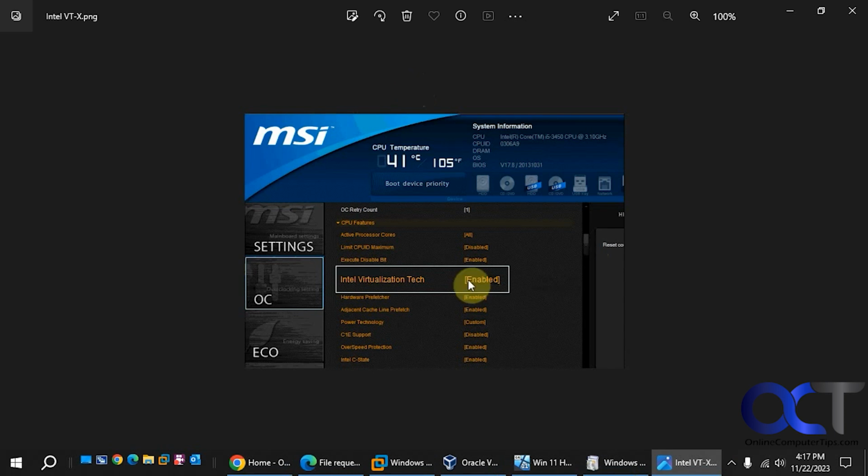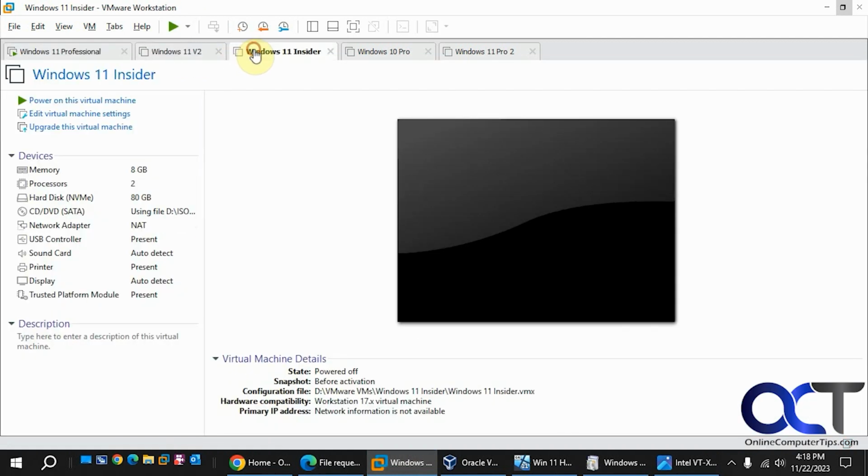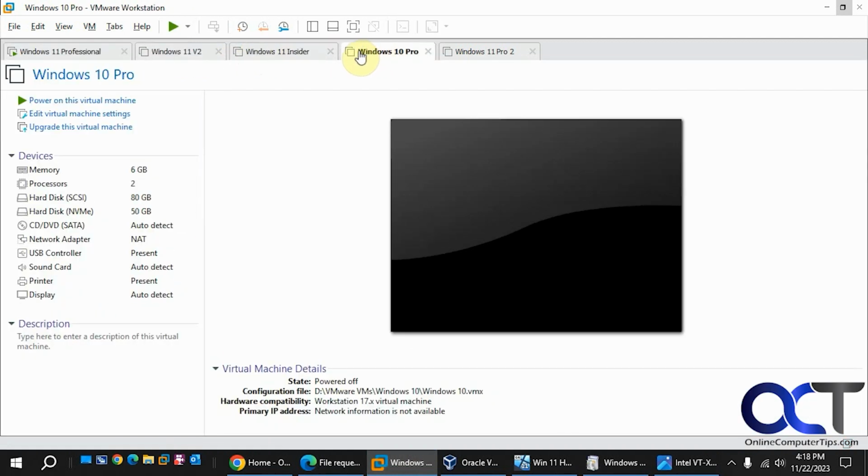So on this computer here, which is still running Windows 10, I have VMware Workstation installed and also Oracle VirtualBox. So if I click on my console here for VMware Workstation, you can see I have a Windows 11 computer running inside my Windows 10 computer, and I have tabs up here of other VMs that I have. These are not on at the moment, but I could have these running and then just toggle back and forth